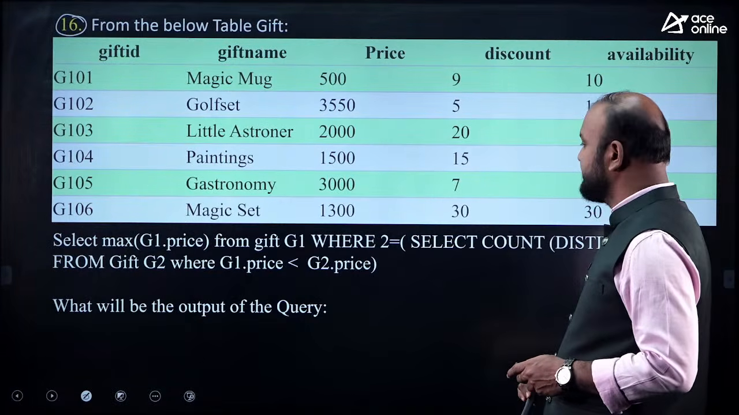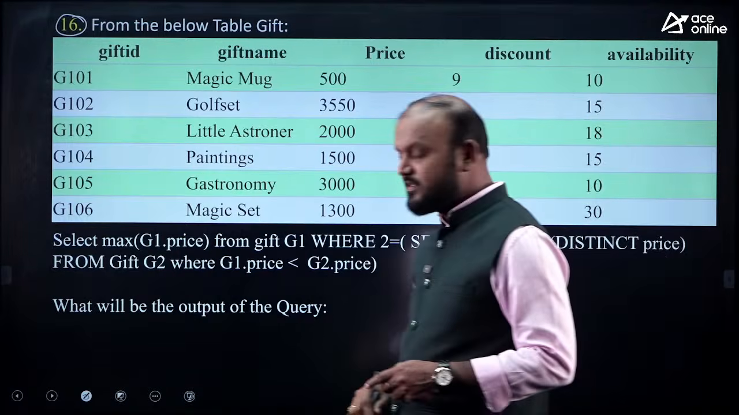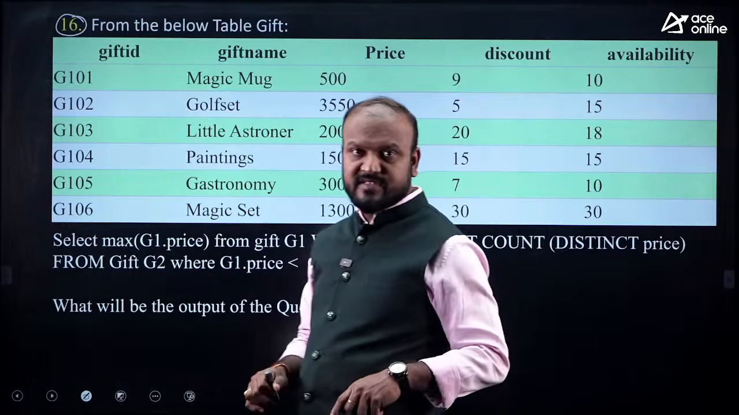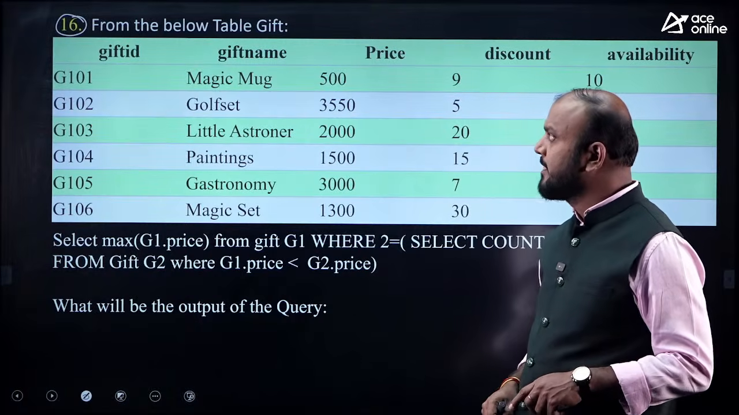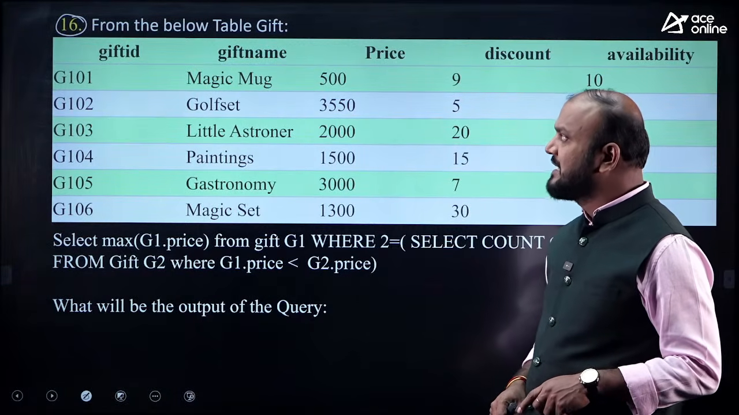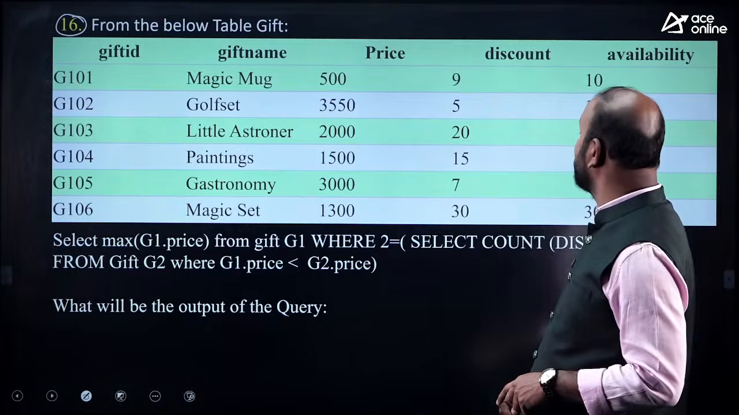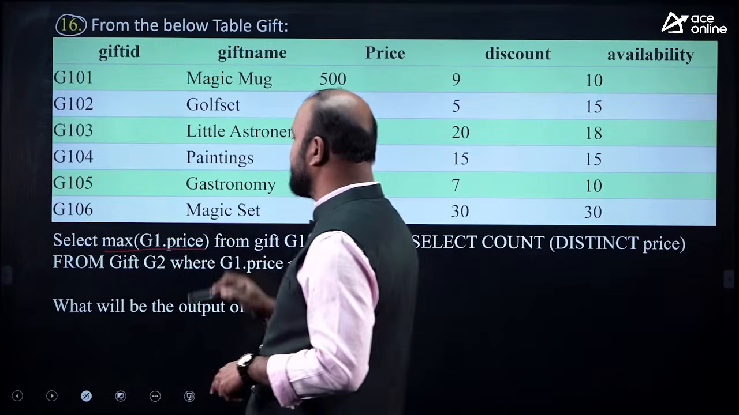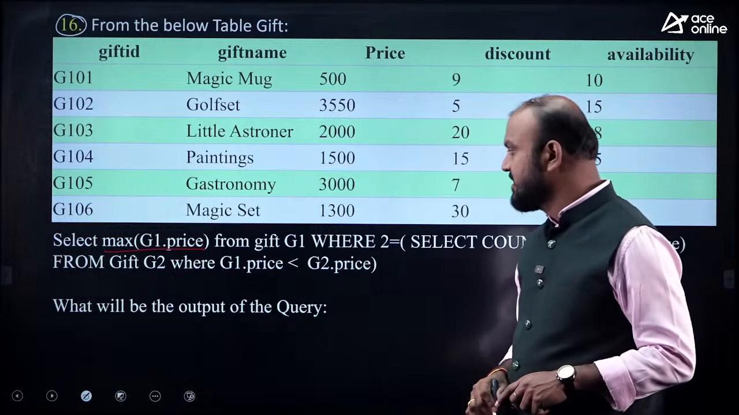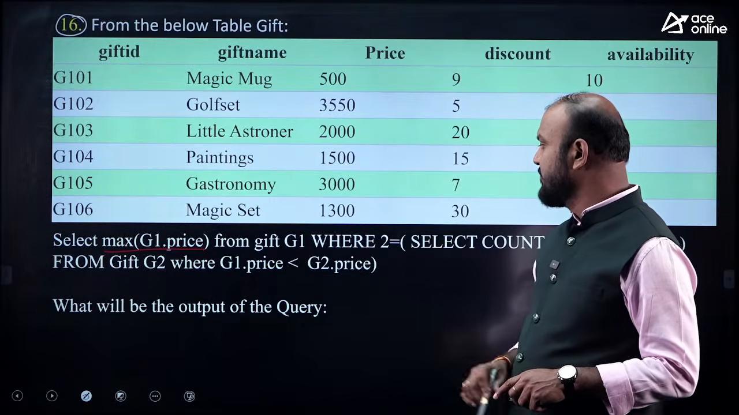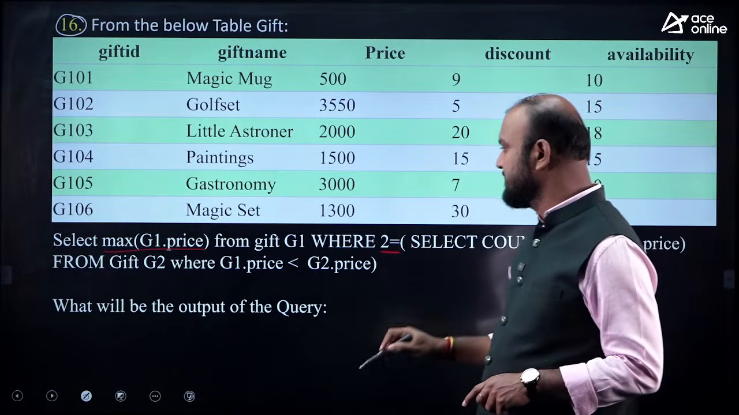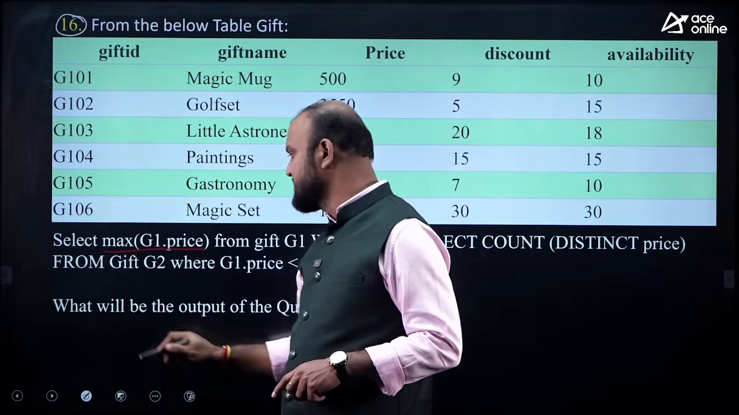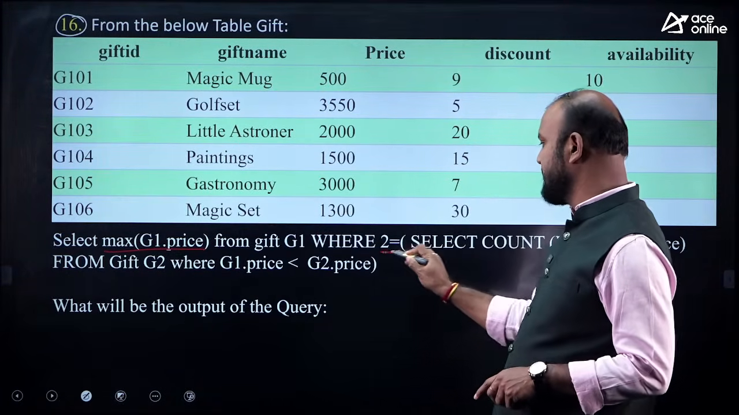on SQL. You can expect a good number of questions on SQL, or at least one question from SQL. From the below table, gift ID, gift name, price, discount, availability is given. So what is asked? Select max of G1 price from gift G1 where 2 equals